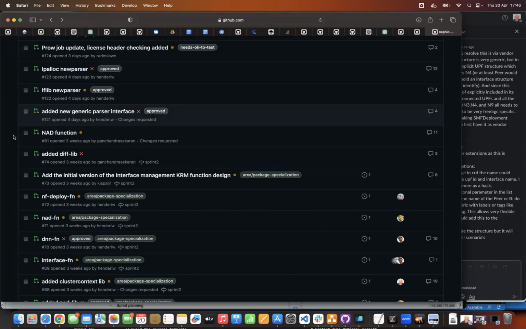However, for example, when Ganesh, no, sorry, it was Akash, I think, started to implement the mutator lib for the NF deployment types, he ran into a problem that we hadn't thought of when we designed the library: there will be another parent object, and that will cause some trouble, and so on.